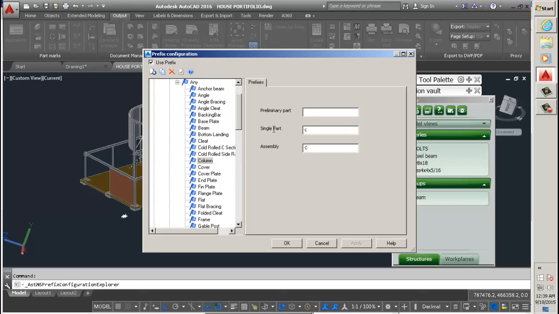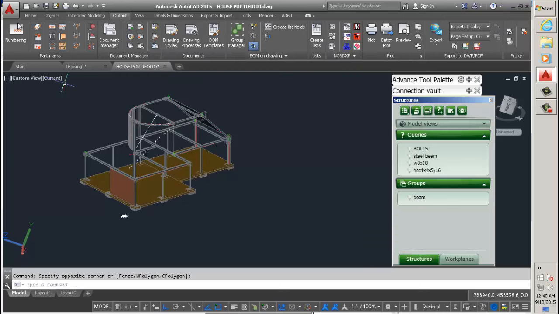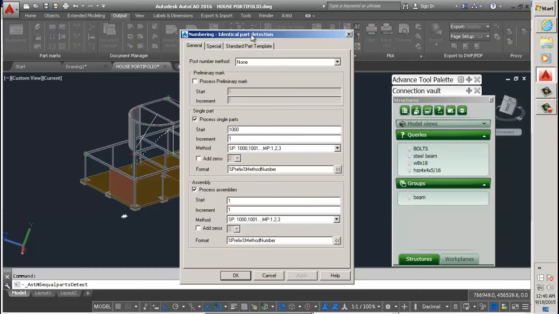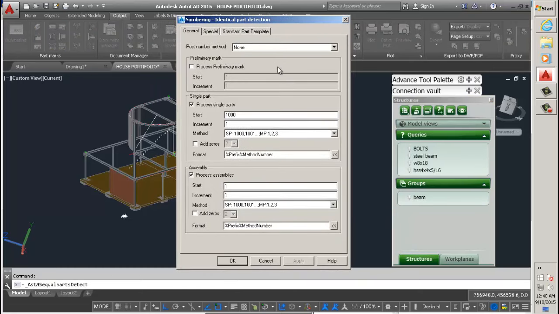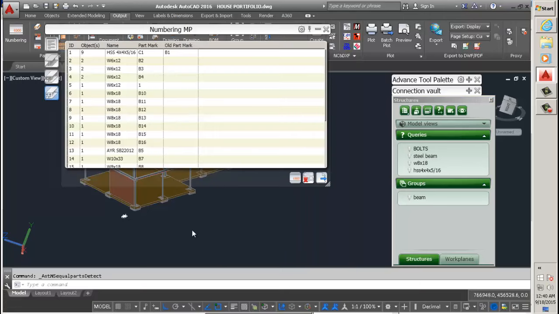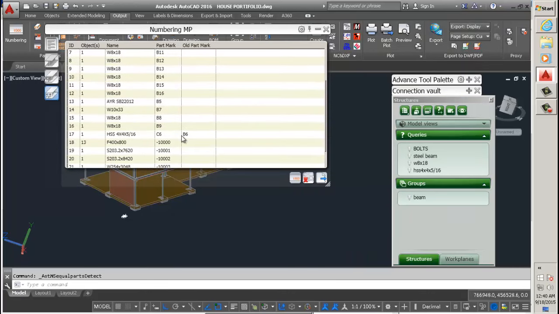Okay, so now you're gonna see how that makes a difference when it comes to numbering. I'm going to click OK, and when you go to the numbering, I already explained the settings in here, but it's pretty much straightforward. Just look at the screen and copy that, and then I'm going to click OK, and I'm going to renumber everything. And already you can see here one that was called B6 old part mark has received a new mark